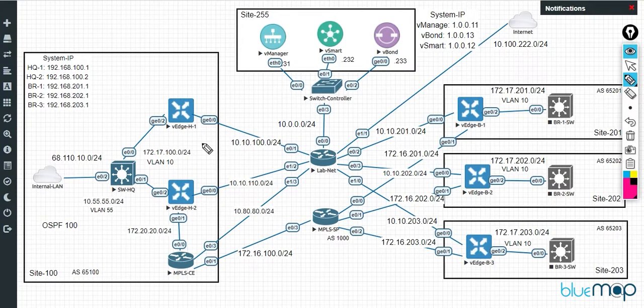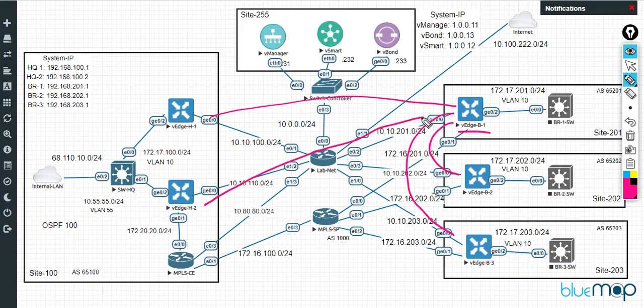By default, in your SD-WAN network, you have a full mesh scenario. That means if I talk about this particular vEdge B1, it has tunnels established with B2, with B3, with H1, and with H2 over both transports.